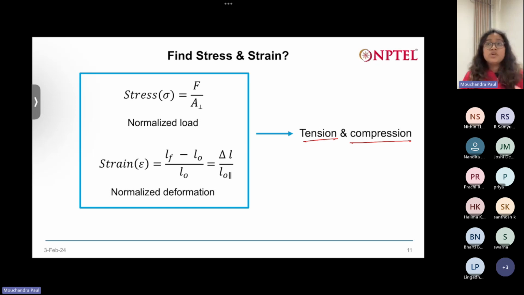So if you have two pieces of the same biomaterial, say titanium metal, but of different geometry, one spherical and one cylindrical, and you want to compare the amount of stress or strain generated in both of them, that means how much force each experienced or how much change in its diameter or length is happening,